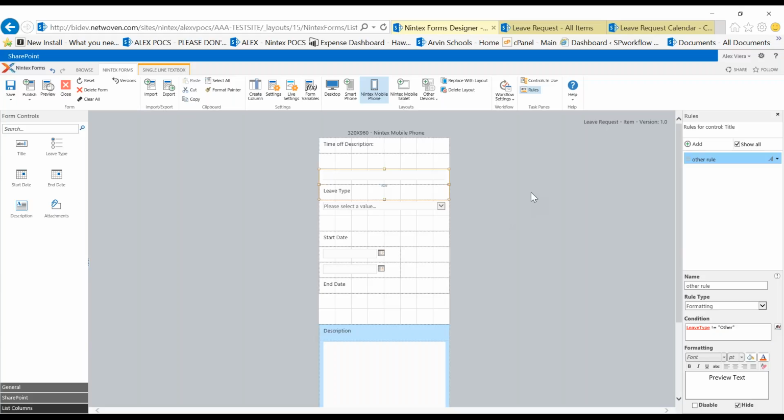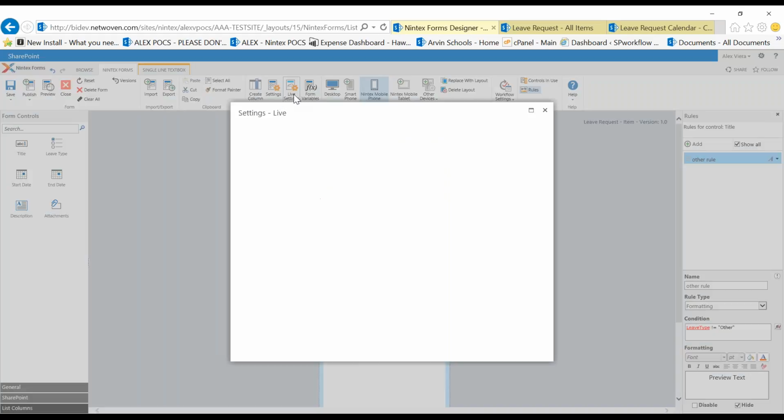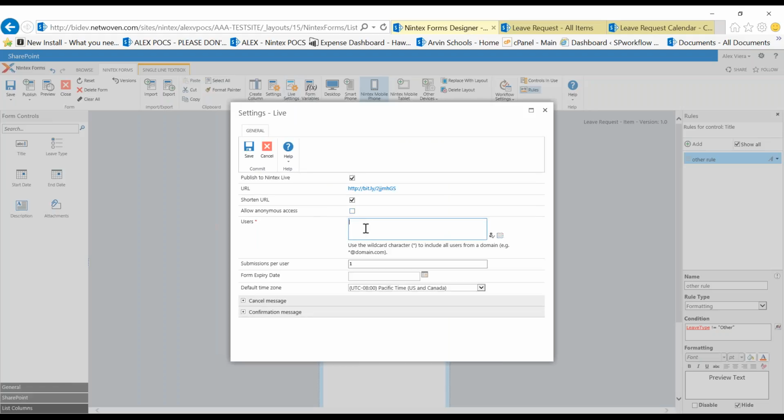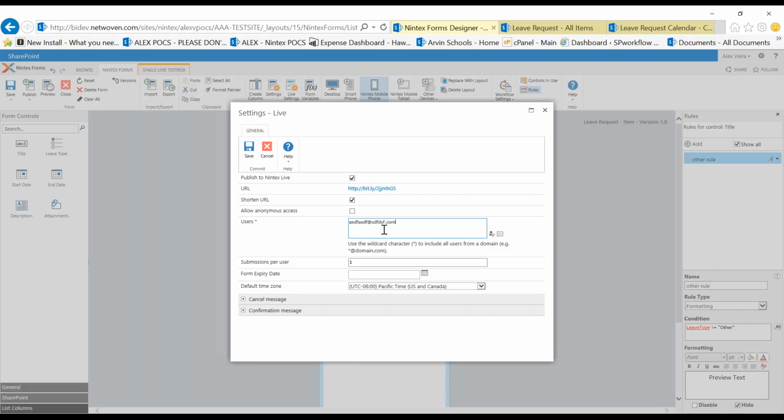One thing I want to point out with that Nintex Live form as well is that I did it in an anonymous fashion right here by doing anonymous access. I can also suggest or actually force who should be able to do that. So you can have someone with some name at somedomain.com. If you send that to the person with the URL, they'll have to authenticate themselves before they can actually fill out that form. Otherwise, it won't work.